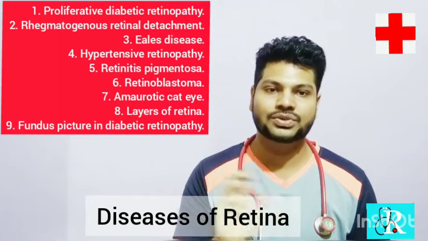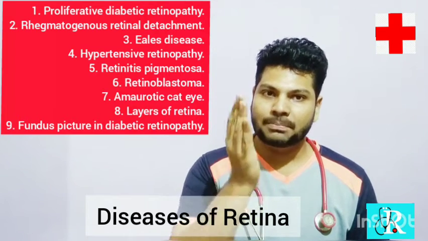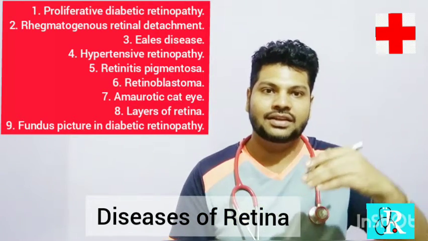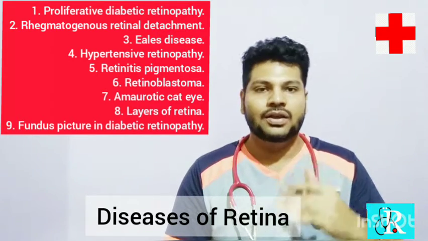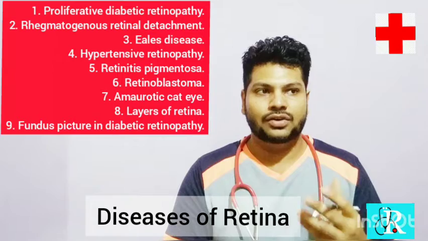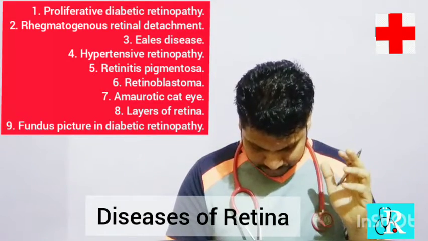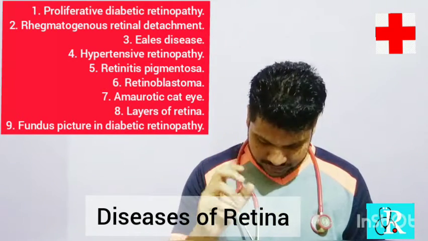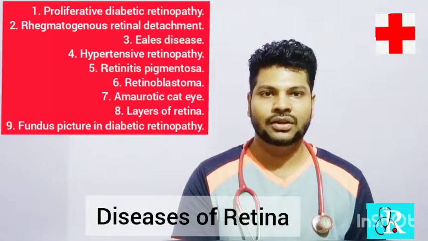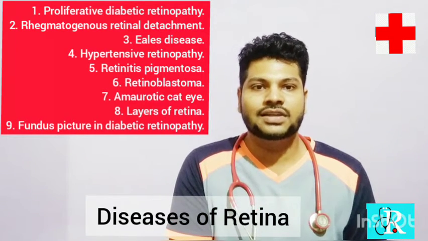Retinal hemorrhages could be seen. Retinal artery aneurysm can be seen, where only the endothelial lining is broken down and the blood rushes within the layers of the artery, resulting in end organ damage. So these are the features usually seen in the fundus picture during diabetic retinopathy. This was all about the diseases of the retina that I needed to discuss with you, friends, within this video.